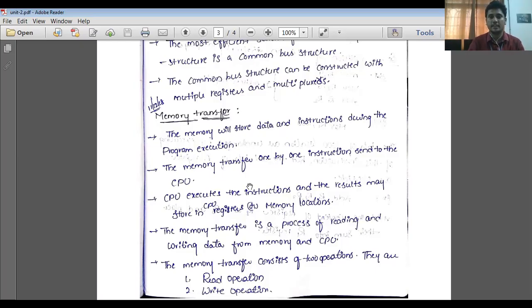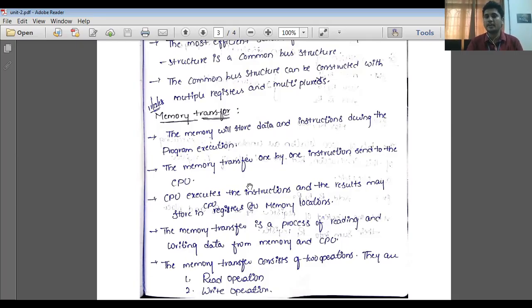So data initially starts from either secondary memory or the input device, then moves to primary memory, and then by using buses, the data bus, control bus, and address bus, data moves to the CPU. The CPU is the combination of different temporary registers like MAR, MDR, PC, IR, along with registers R0 to R7, and it consists of the ALU and CU. So data moves to the CPU, and there the execution starts.